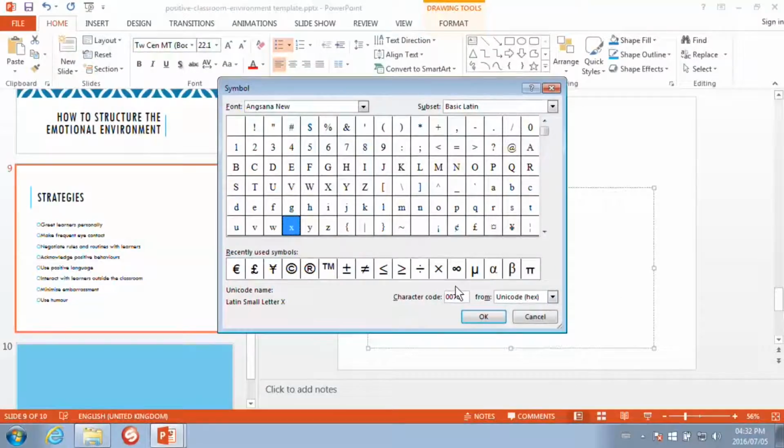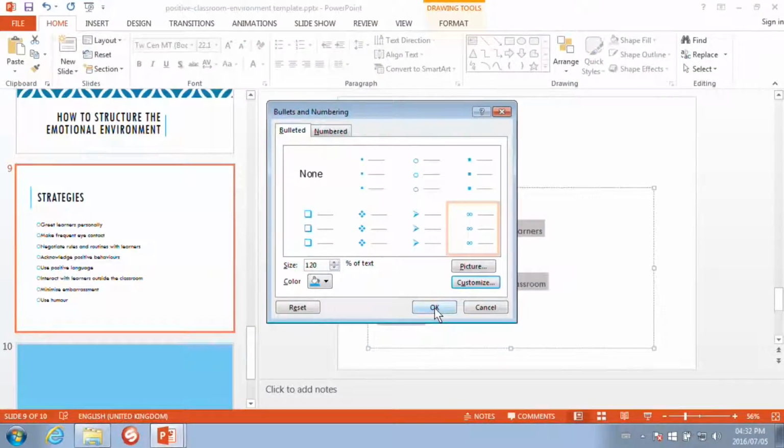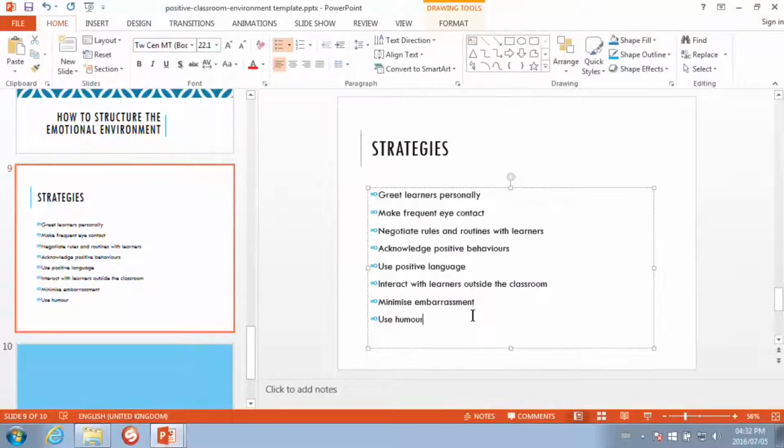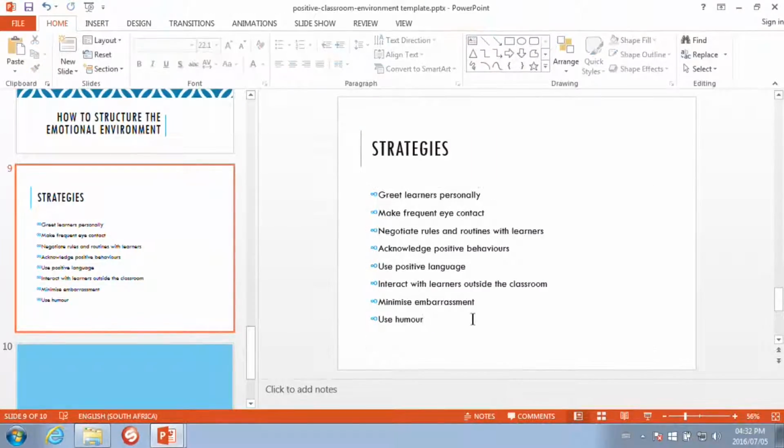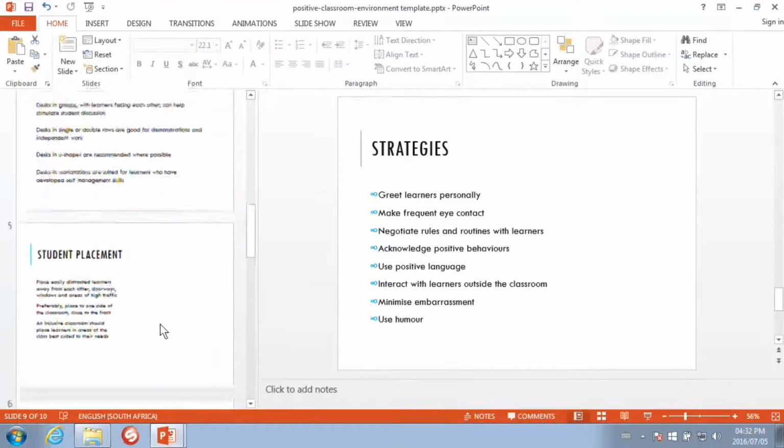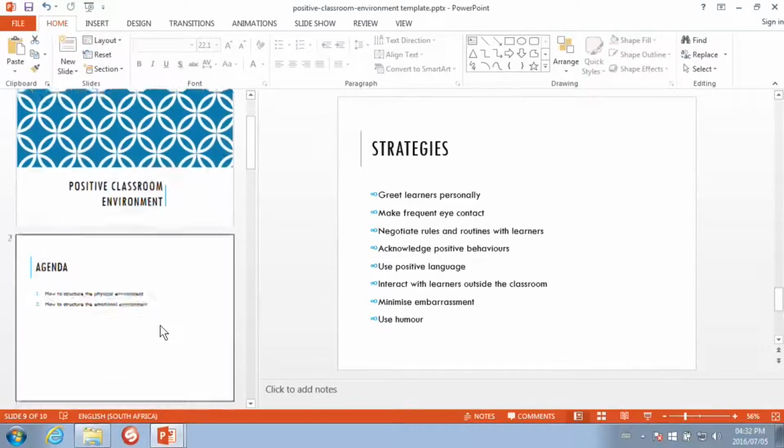Alright, for now I'm just going to use that sign there. Say okay. And that's the way you can also use pictures if you want to, and put that in as well. Right, now I want to insert a table, and I can do this on slide